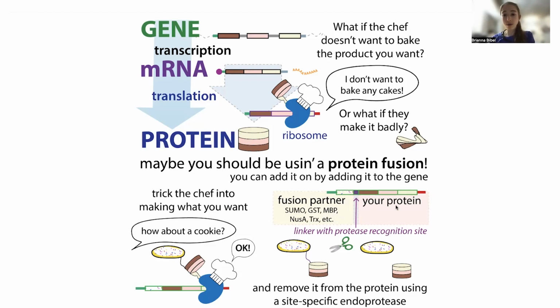So on its own, your protein might not express very well. It might not get made very well. But because it's attached to this fusion partner, now this can help with the expression. We'll also talk about how you usually stick a protease recognition site in between the fusion partner and your protein. This is going to be a sequence that is specifically recognized by an endoprotease, so by a protein cutter that cuts in the middle of a protein, and it'll cut at the specific sequence. And so we can use things like TEV, SUMO protease, which will actually recognize the SUMO tag. We have thrombin, various other sites that we can introduce,